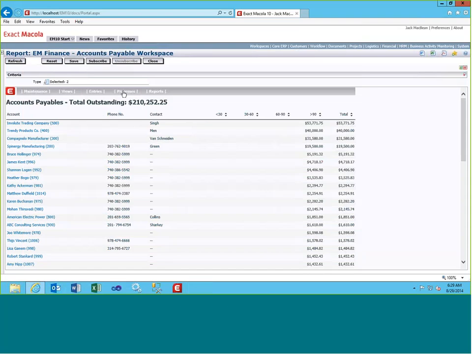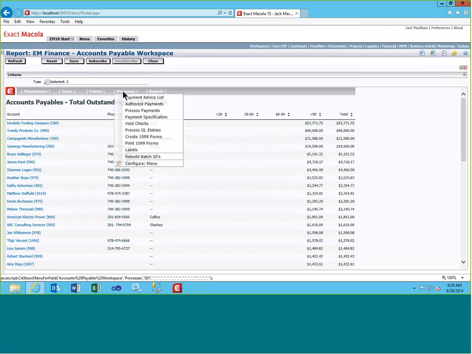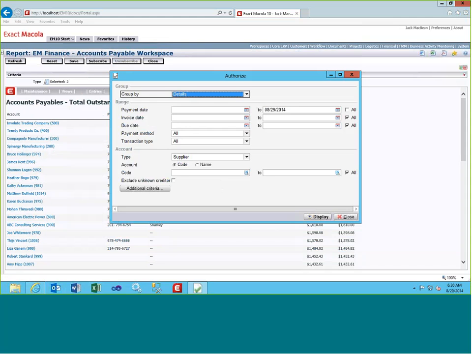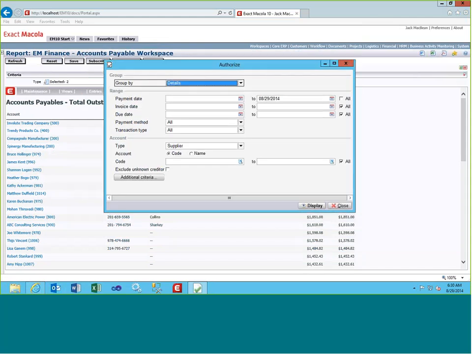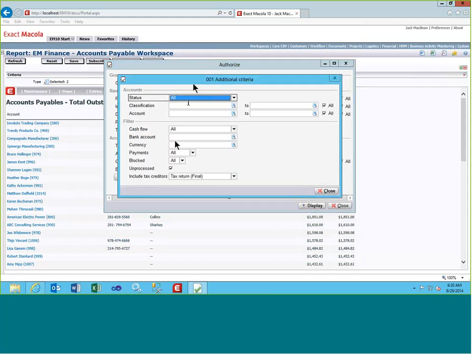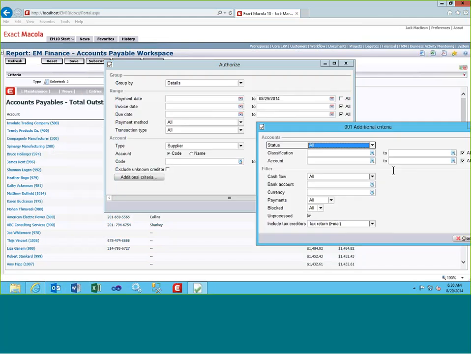What will happen then, further on down after it's posted, is that we'll be in the position of authorizing payments. Now, the authorization of payments begins with a multitude of different parameters that you can use. Usually people use this to